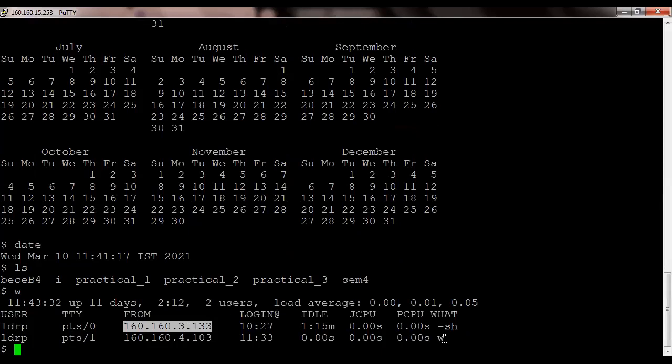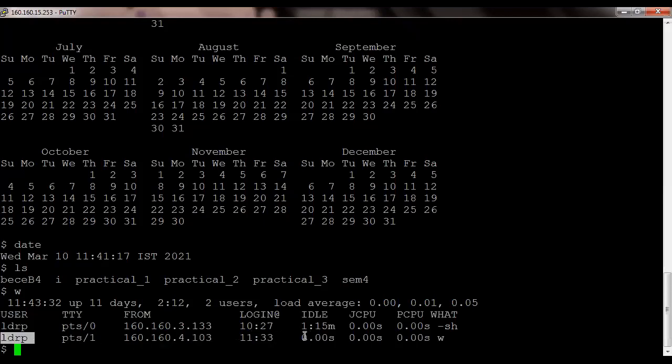And it shows the terminal and the IP address of a system, which is the IP address of my computer system because we have logged in as the user LDRP.